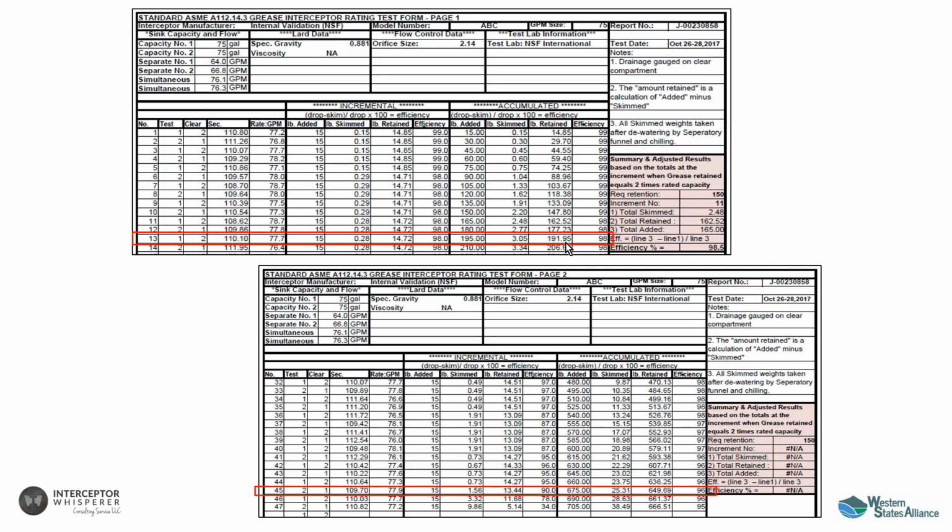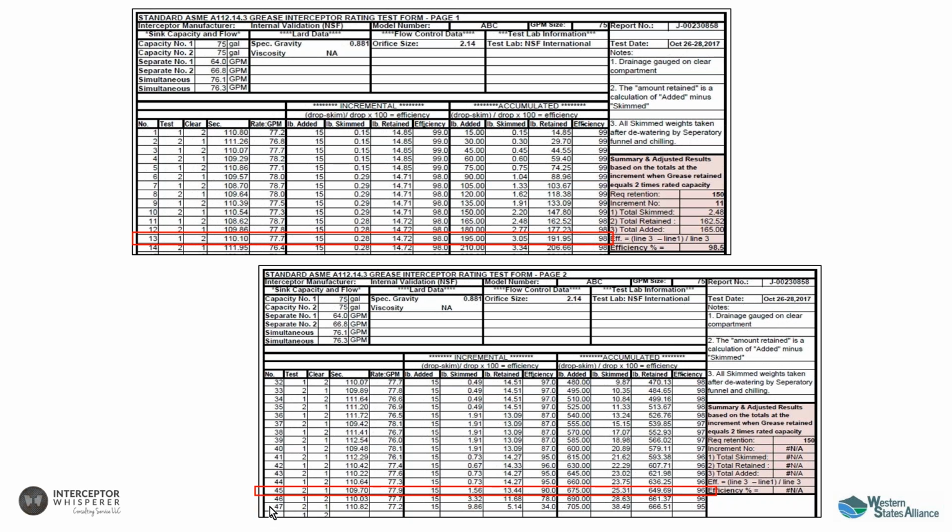And so instead of 168 pounds or whatever it would have to be, here it shows 191 pounds, and the average efficiency is 98%. And given that those exceed the minimum performance requirement, this device would satisfy a rated capacity. But if you look down here, this manufacturer chose to continue with testing all the way out to the